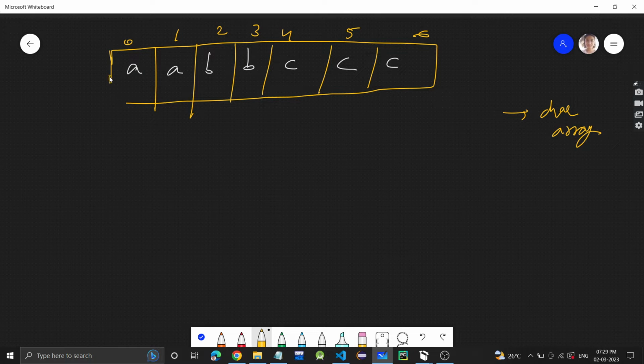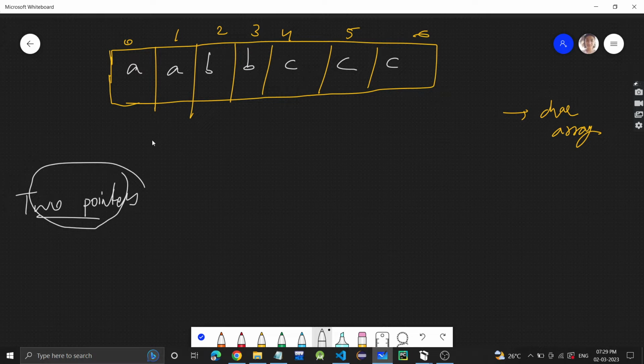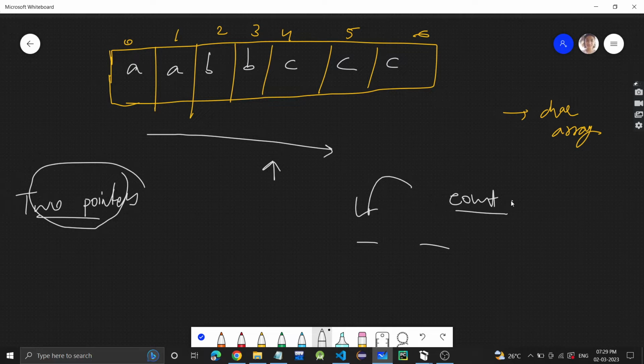So what we will do, right? We will have two pointers. I will let you know why we will be taking two pointers. See how you will get to know that you have to use two pointers. One pointer will be used to traverse this array, right? Obviously we have to go to each position and check whether the previous character was the same or not. We will maintain a count. What is the count of the current character, right? That is one thing which we have to do, which is pretty much clear. We have to count how many times b is occurring, how many times c is occurring.